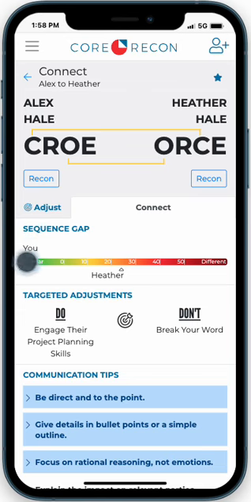The sequence gap is just a relative scale of how alike or different Heather and I are based on our sequences. So you can see that the scale goes from most similar to most different, left to right. And we've used colors to remind you that over here in the green, you're more similar to those folks. And for those whose sequence gap lands closer to you, I think intuitively you would understand that those are the people that you probably communicate with the easiest,